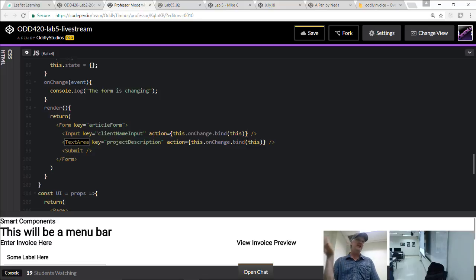So you see how we've got one function, and it knows about all the changes happening, but we want it to be able to know which field changed. Here's how we'll do it. I'm going to put a name up here, and I will call this maybe client name.